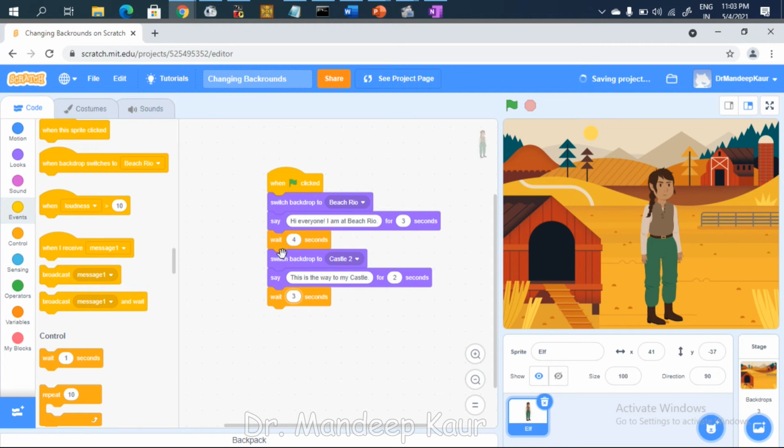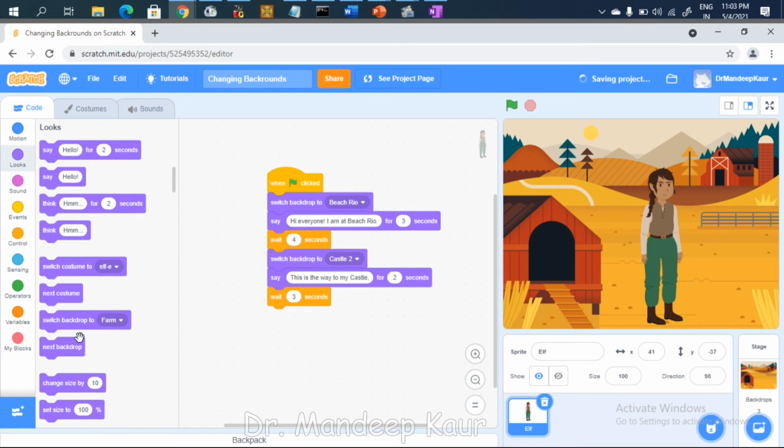And again I want to select the third background, switch to farm, and here I want to say here's my farmhouse.